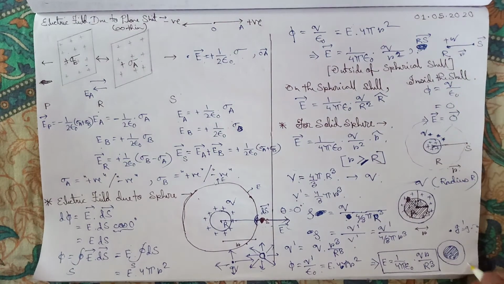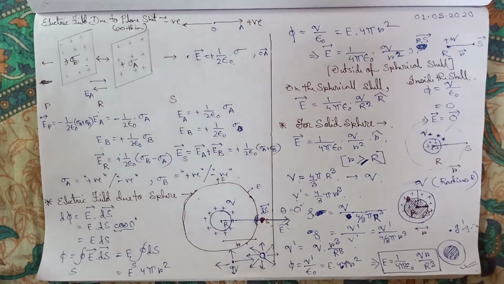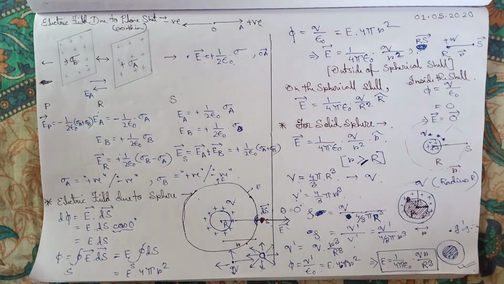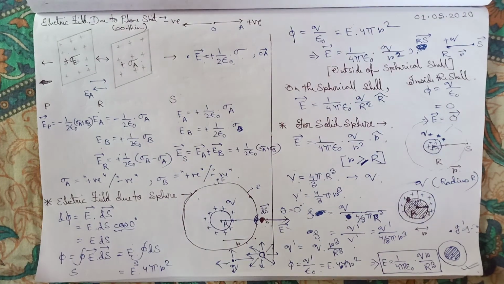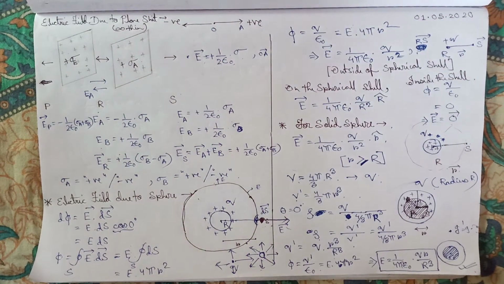So here I will be ending, but one more thing. One more question you can easily ask: why all the time are we taking epsilon naught? I have already said epsilon naught is the permittivity of vacuum. That means all the experiments or shapes are already in vacuum, no. Epsilon naught is taken for the ideal purpose.